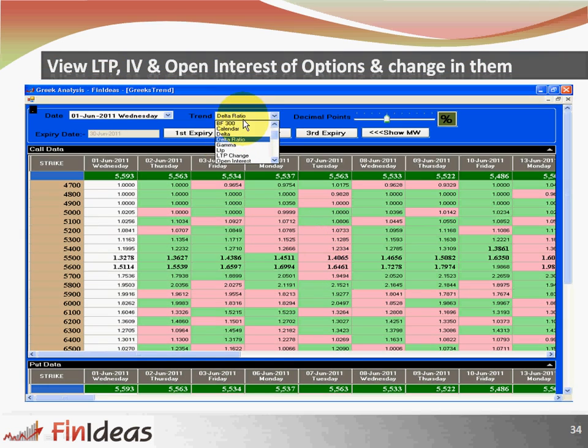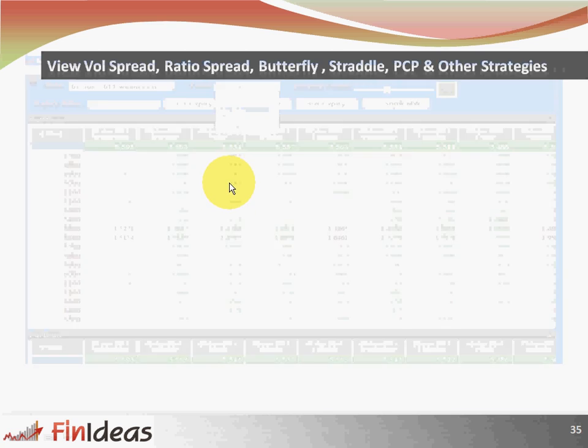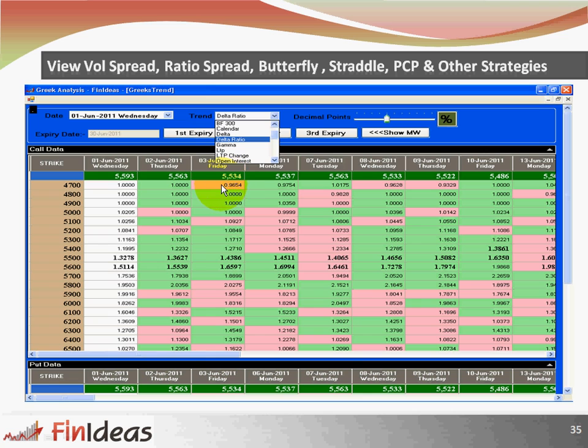You can view LTP, IV, open interest, all the strategies like butterfly, 100 butterfly, 200 butterfly, straddle, strangle, change in delta, delta ratio, gamma ratio, vega ratio, open interest, change in open interest, and so on. You can select any factor through here. You can view vol spread, ratio spread, butterfly, straddle, put call parity and other strategies also from here.